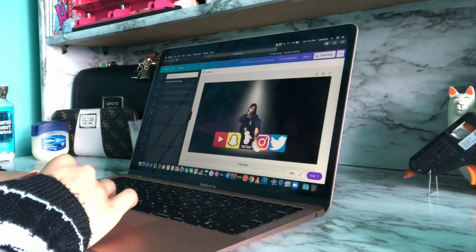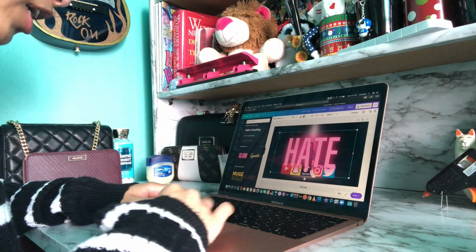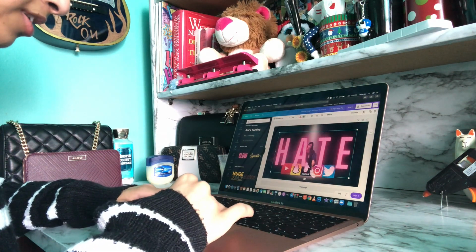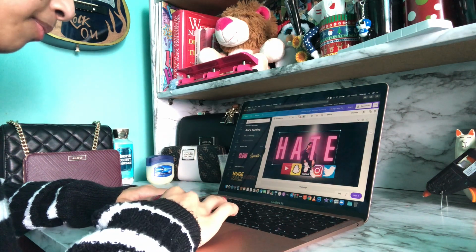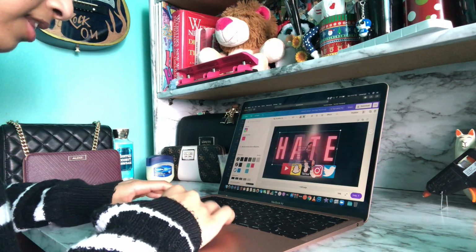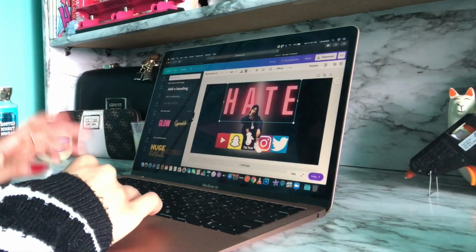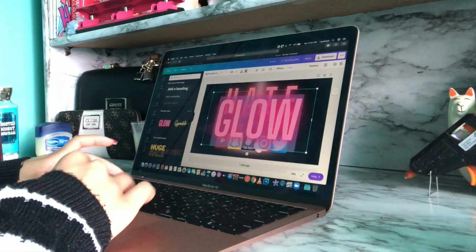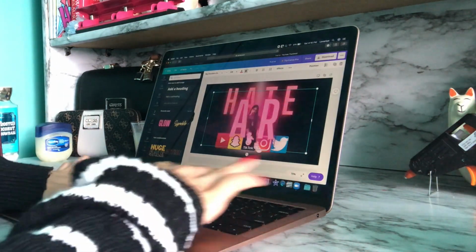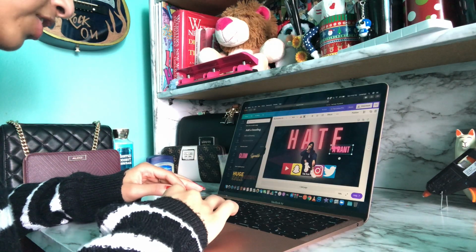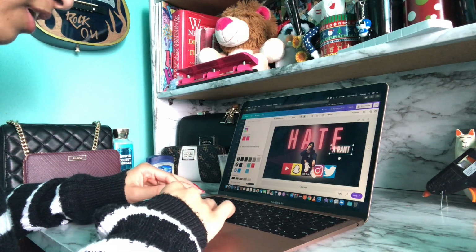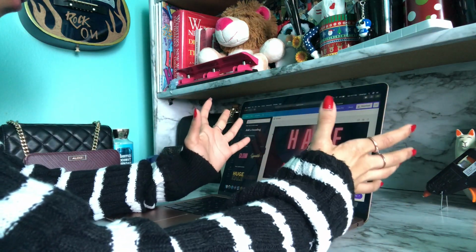And then again, I used the same font, I typed in my word. I think I spaced the letters out because it was a little too close for me. I made the color red, and then I sent the text to the back. And then I wanted it to say a rant underneath hate, so I wrote that in a separate text box. And then I placed it where I wanted it to be and I changed the color to white because I wanted it to be white. Alright, so now you have the main base of your thumbnail.